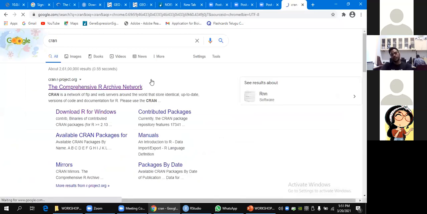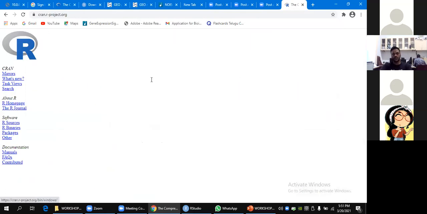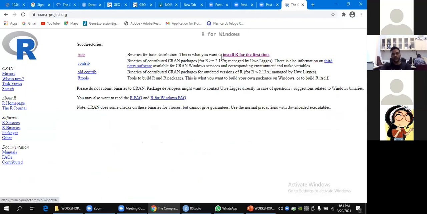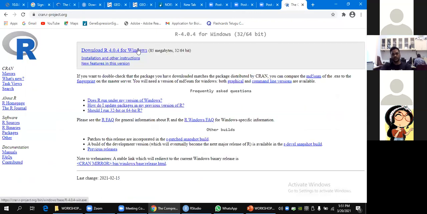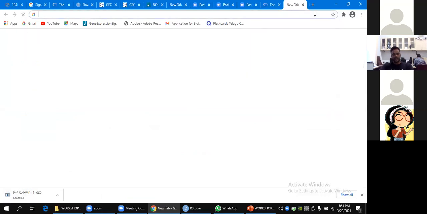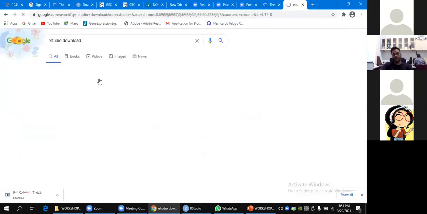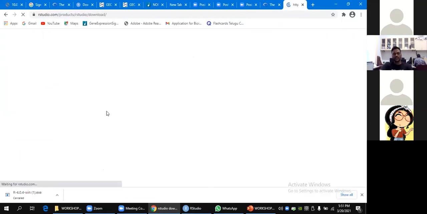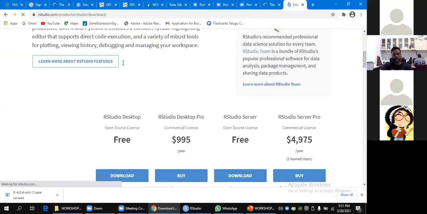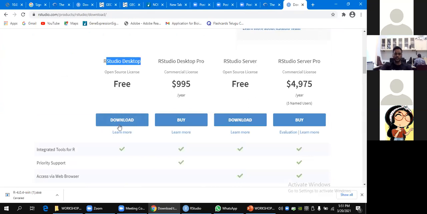This is the base framework of R. You can download it for Windows. Download here. And you also need to download RStudio, which is a graphical GUI of R. You can download the first one, RStudio Desktop, which is free.